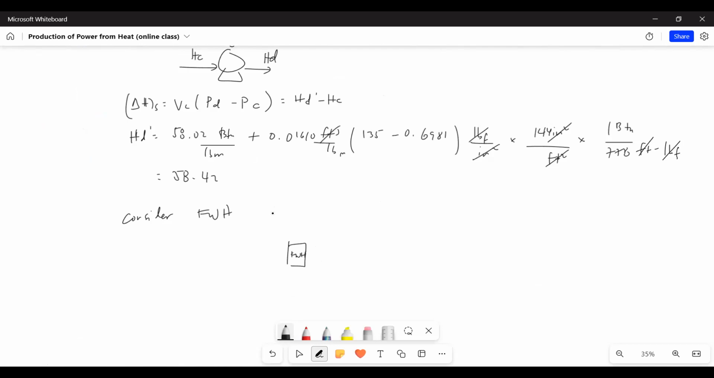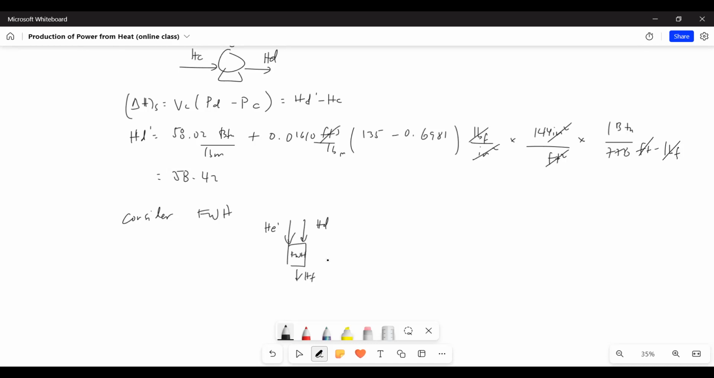So, ano yung pumapasok sa feed water heater? Dalawa. So, this is from the turbine, HE prime. And then we also have from the condenser, HD, papasok sa pump, HF. Okay, so check nyo. Check ko. Tama. Okay. So, ang mangyayari kasi dyan,